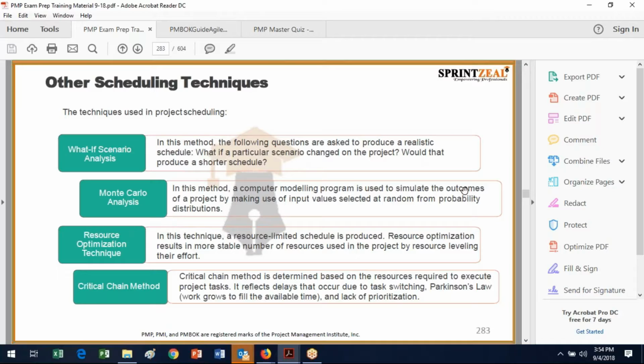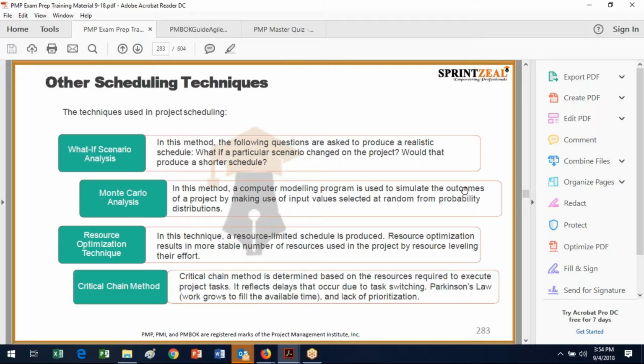Again, we could use the Monte Carlo analysis. Again, you don't have to ever perform a Monte Carlo analysis on the test, but you'd have to know what the Monte Carlo analysis is. And this is computer modeling. Again, you've got to have a whole lot of data to make the program work. And you can simulate the various outcomes of a project by having different input variables selected, and then problems and concerns pop up at random, and you can see the probability distribution of the likelihood of finishing on time